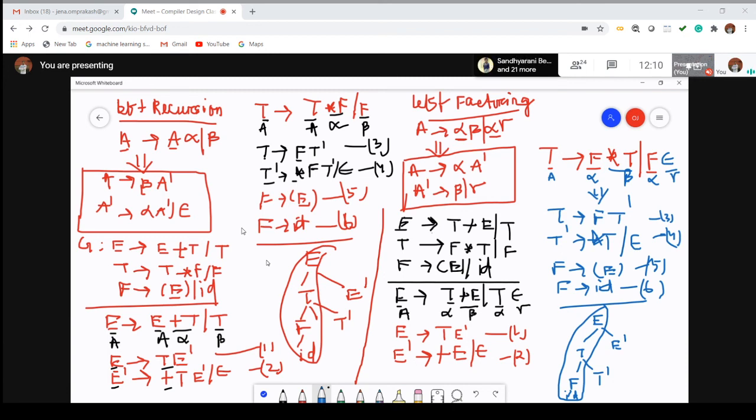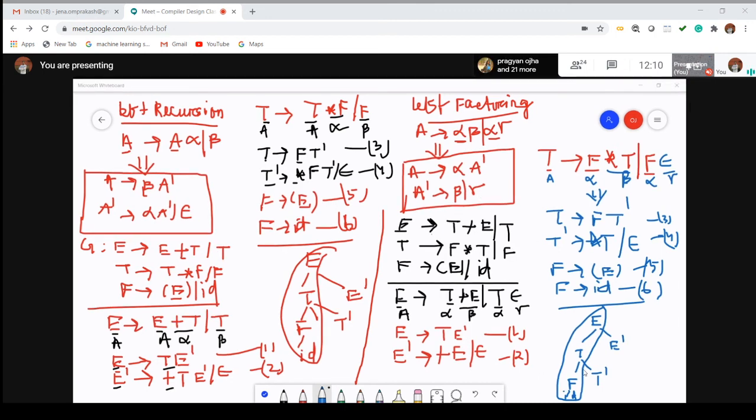If it is a left recursion, it is in the form of A to A alpha or beta. After removing the left recursion, it will be converted to A to beta A dash, and A dash to alpha A dash or epsilon. If it is a left factoring, it is in the form of A to alpha beta or alpha gamma. The right hand side value should be same for the different productions. Here it is alpha, alpha. After left factoring, it will be converted to A to alpha A dash and A dash to beta or gamma. Okay, so in that way